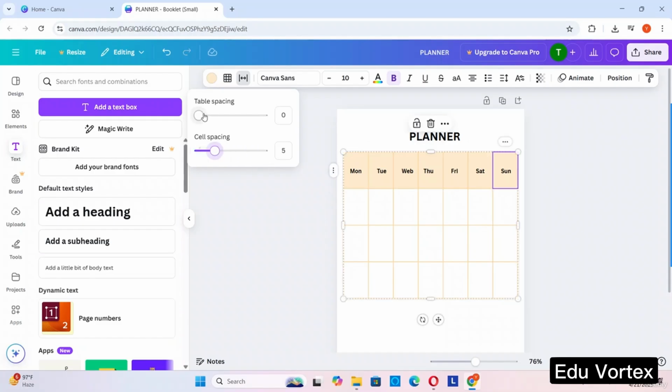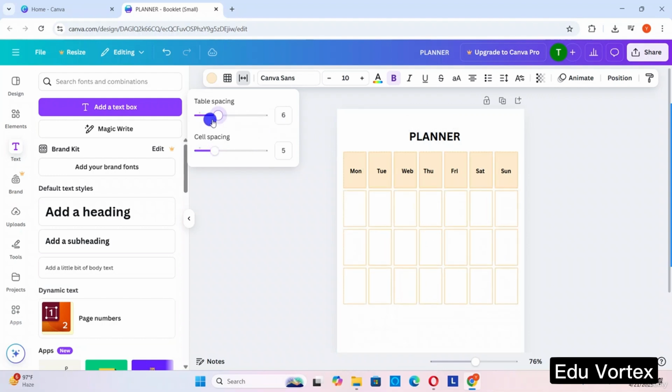Like this we can make changes, and you can even change the font color and style of